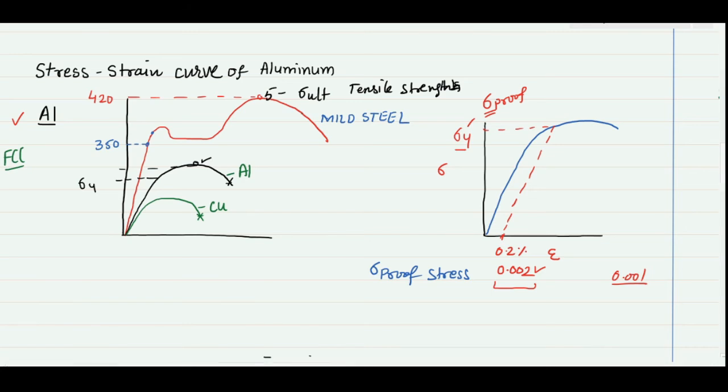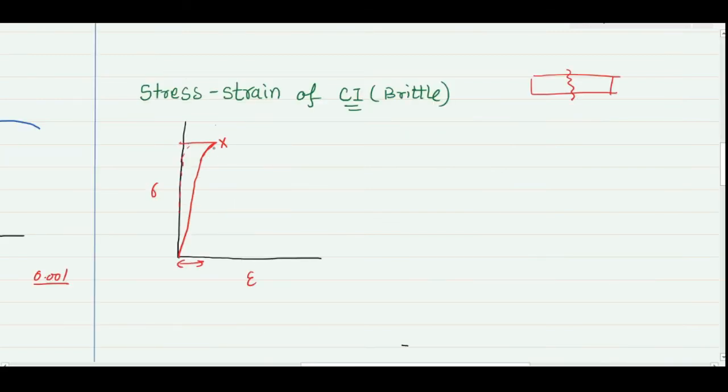If you have a question where you have to compare the cast iron with steel and aluminum, you should keep the cast iron value greater than the aluminum and less than the steel. So this is the region where you can put the cast iron, but I'm not actually putting the cast iron here because when you read different books you will find that the cast iron also has a value which is higher than the steel value. Please remember, in case of brittle material we cannot identify any yield condition. We only identify the ultimate or maximum tensile loading condition, which corresponds to the ultimate strength of the material.